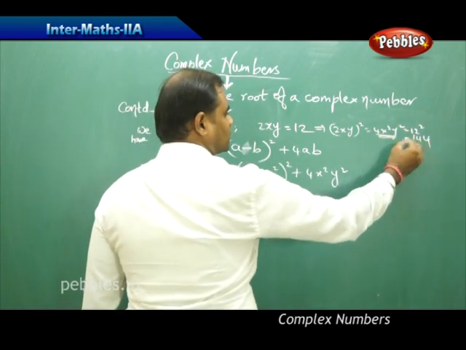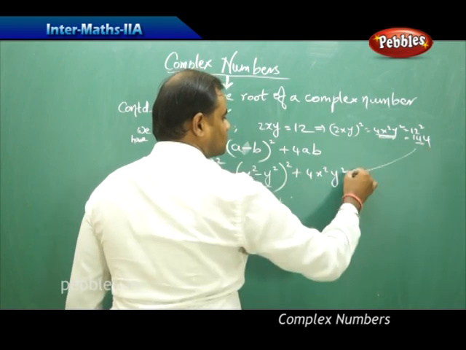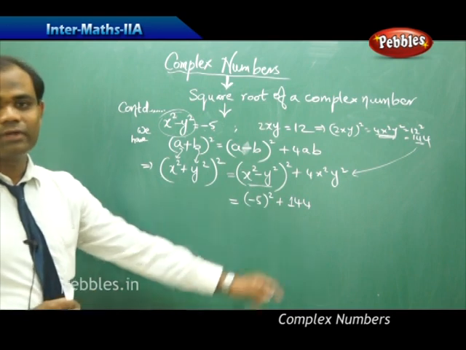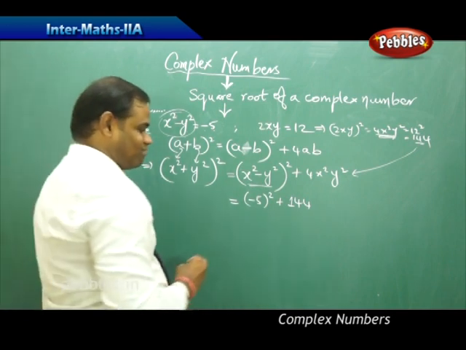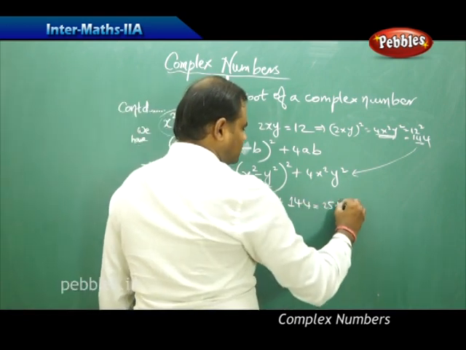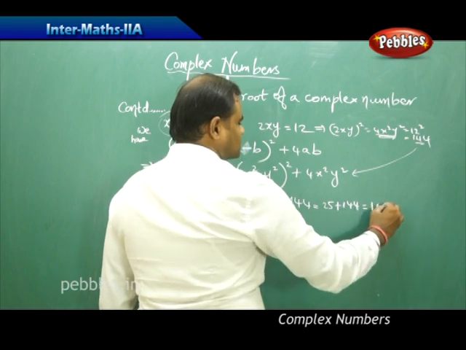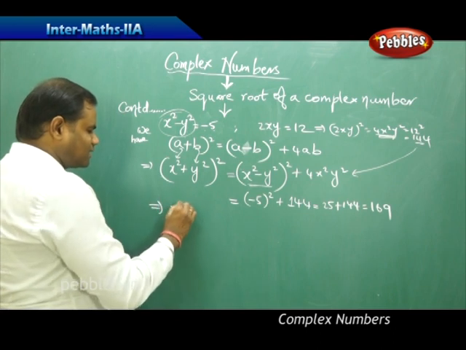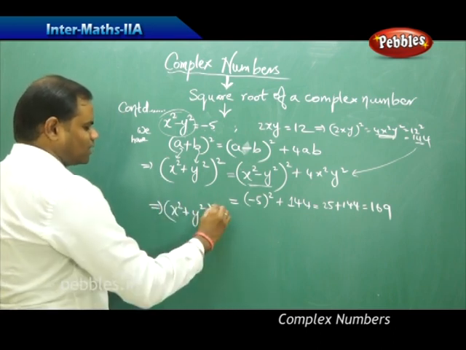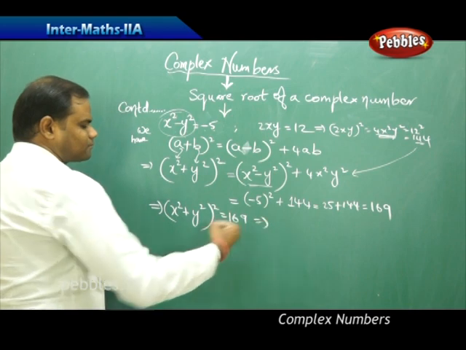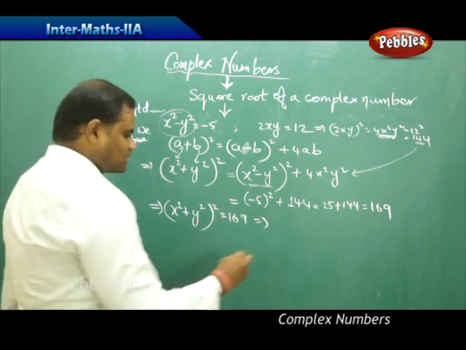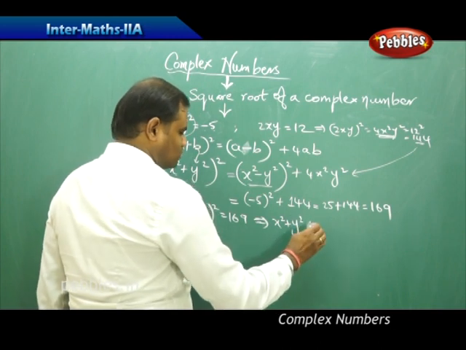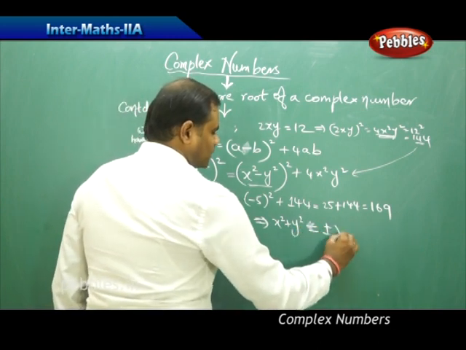Therefore 4x squared y squared can be substituted for 144. Now this is nothing but 25 plus 144, which is 169. So on the whole, I find that (x squared plus y squared) whole squared is 169, so that my x squared plus y squared is equal to plus or minus root